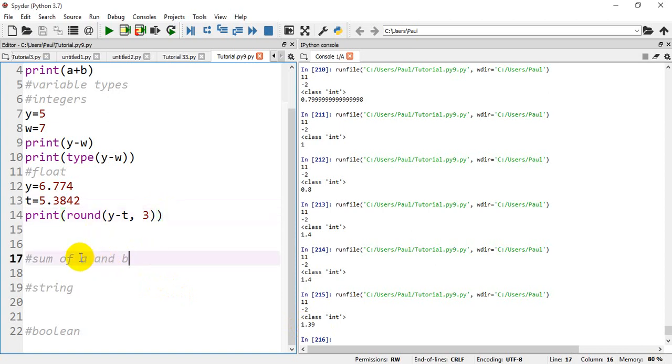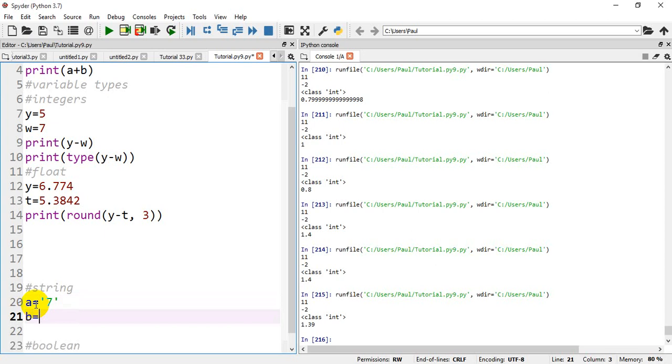So we have summed a plus b. What else do we have? We also have the variable type string. Okay, so string is just different from float and integer in the sense that a string is designated by double quotes. I can say a equals double quote 7, and come here and say b equals double quote 9. Okay, so if I say the sum of, I say print